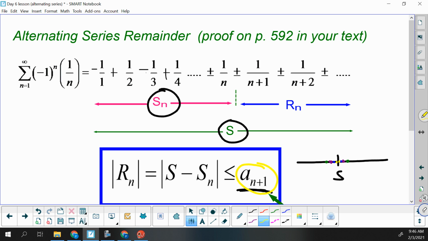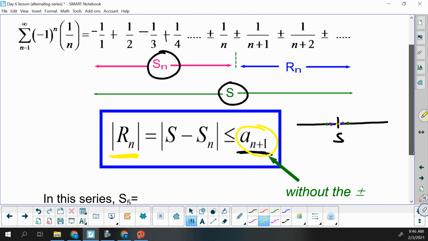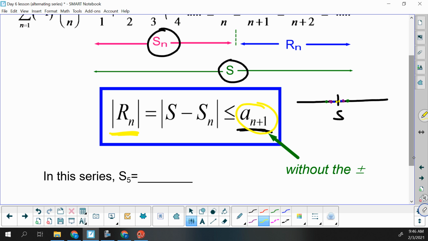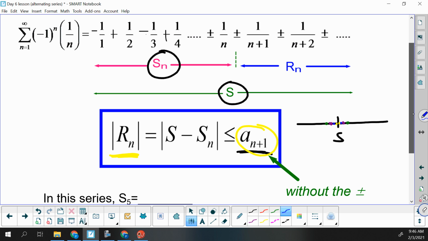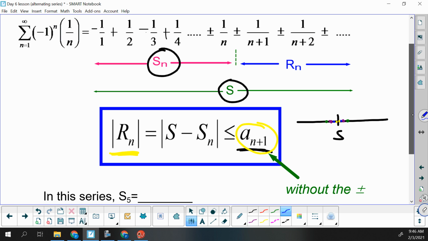Well, because it's going to take you further, we're guaranteed that the remainder, the amount that would take us to exactly that infinite sum, has to be less than it. So we know that our remainder will always be less than or equal to whatever that next term is. And that next term will always be easy to find. So keep in mind when we say a sub n plus 1, we're saying that without the sign. So in this one, if we wanted the sum of our first 5 terms,